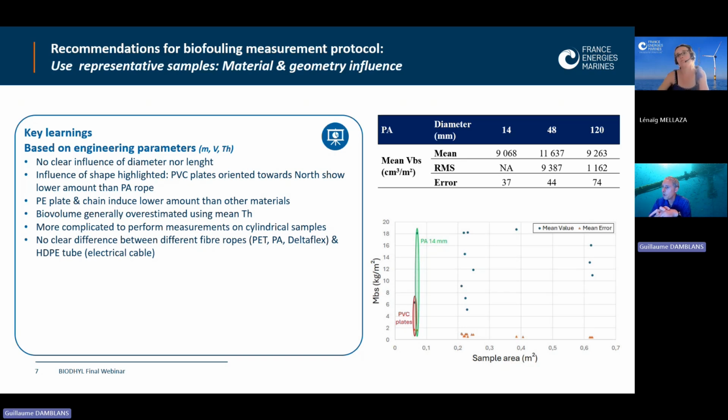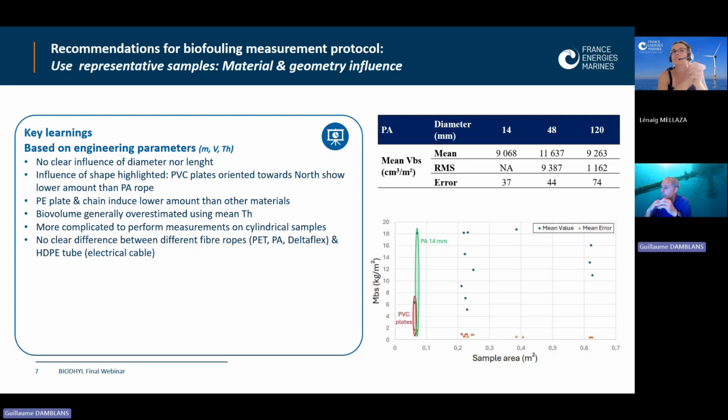So if we have a look on this data, we didn't observe a real clear trend of the material, not of the material, sorry, but of the diameter. So we don't have a clear influence of diameter. The lowest was 14 millimeters, and the highest was 120 millimeters of diameter, I think. Nor the length of the sample,